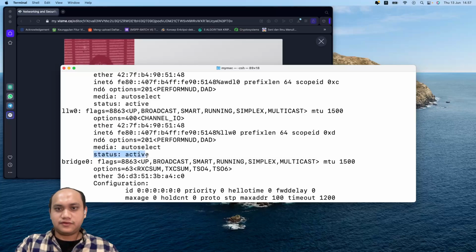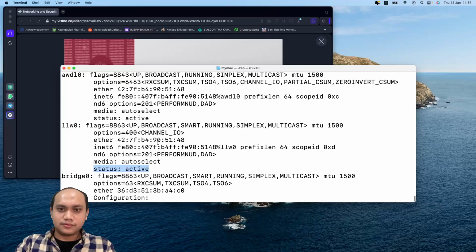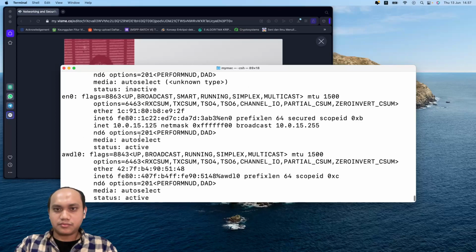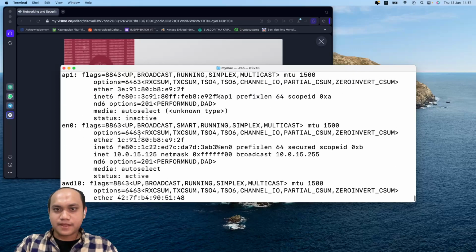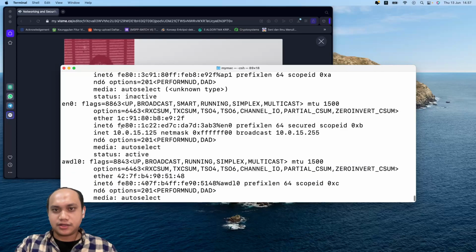If the status is active, you know that your hardware works properly. Here I get my IP address, IPv4, is this